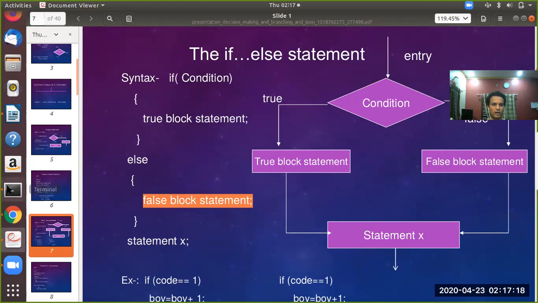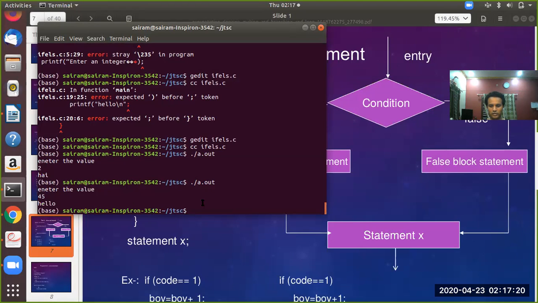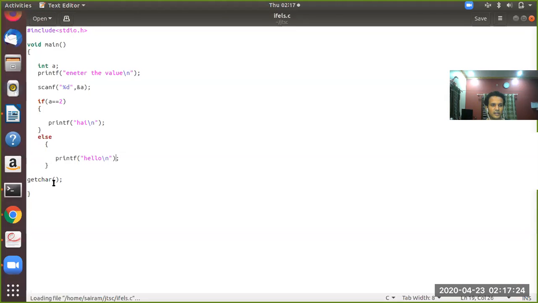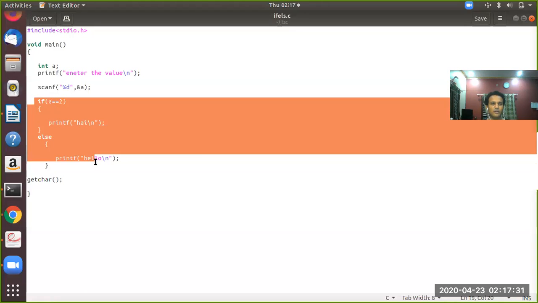Immediately after that, if you see this code, getchar is the line that is present immediately after the if and else block, or simply the if else statement.